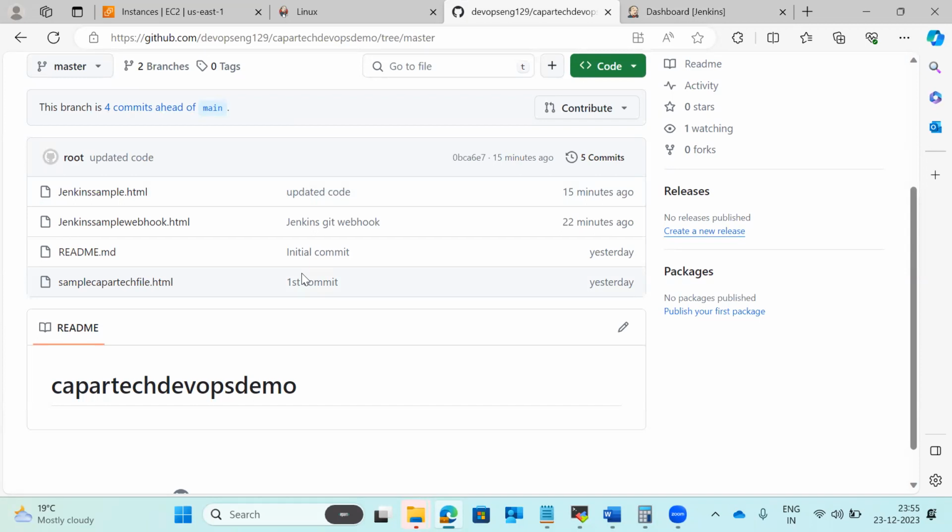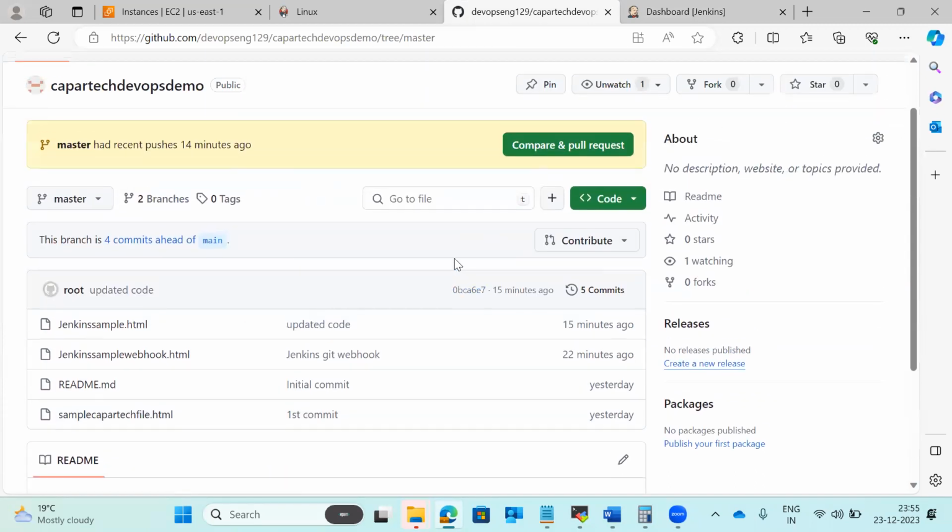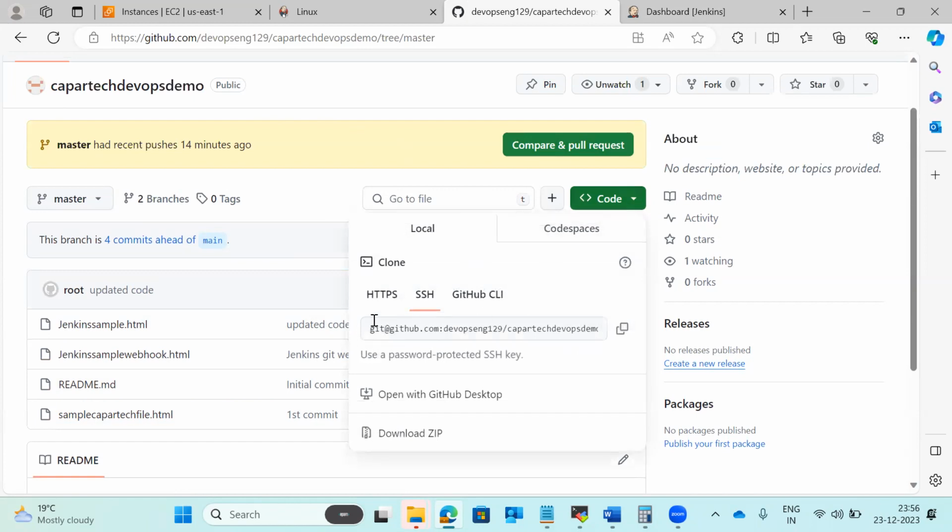My GitHub can have a wide list of repositories, n number of repositories, but in Jenkins I'll have to do the configuration by means of which Jenkins will look for any update in this specific repository only. This repository, Zapatec DevOps demo, will be known by using its